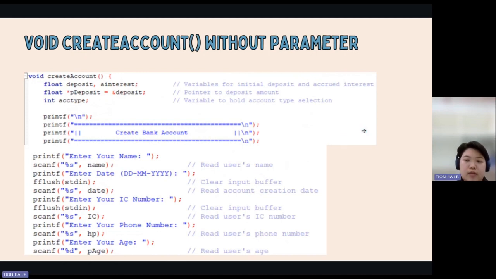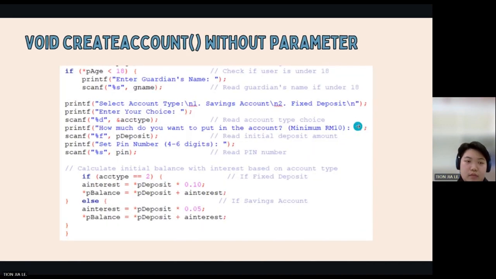After users key in their personal information, age is considered as the first priority information. If the account holder's age is less than 18, then a guardian's name is required so that the account is created under the permission of their guardians. There are two account types that can be chosen by the user, which are savings account and fixed deposit. After entering the choice of their account type,